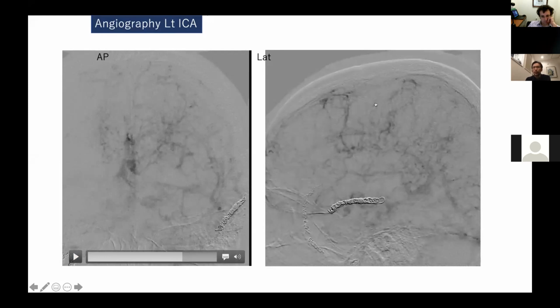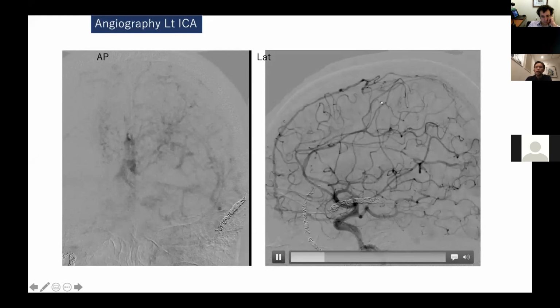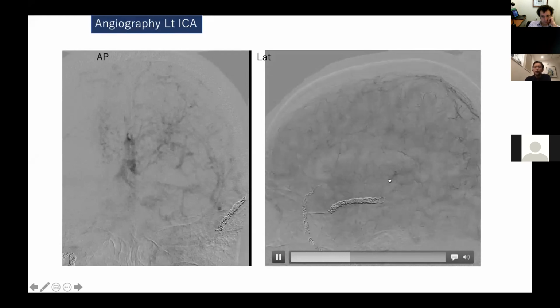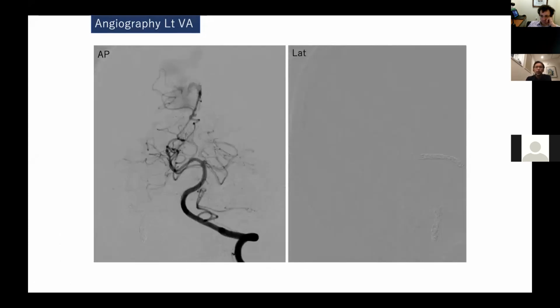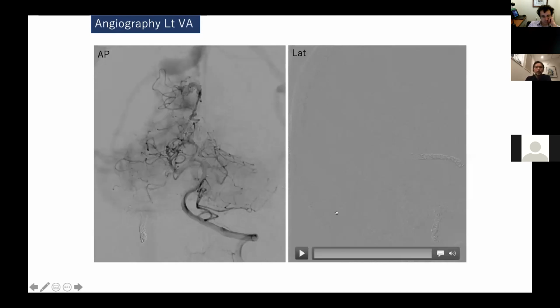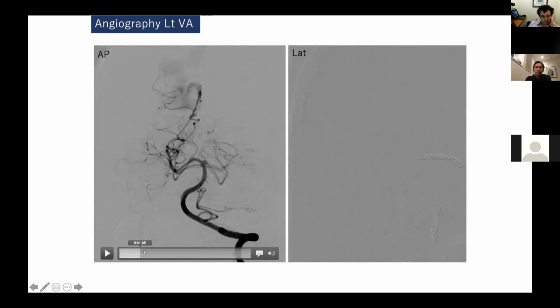So we have, again, quite a remarkable venous congestion on the left side of the brain also. Okay. So we go on to the left vert, the injected left vert, to see as this patient was